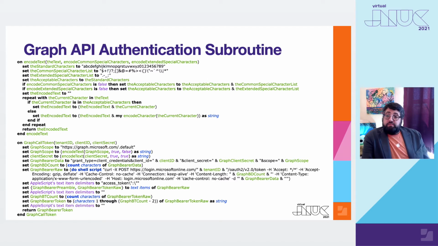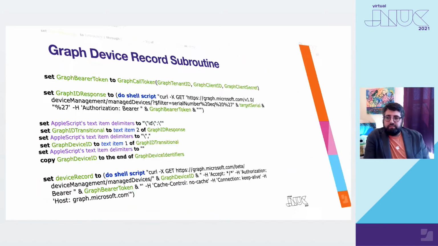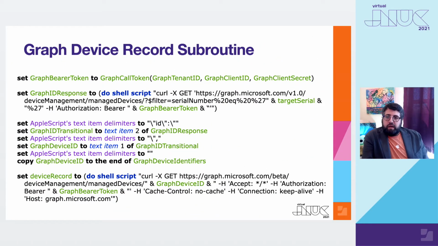So even though, again, this looks more complicated, at the end of the day, you're basically just getting this chunk of text, and it gives you that same freedom to do whatever you're allowed to under that account. Next up, here's a look at the device record subroutine that we were using to pull that specific device. We're grabbing that bearer token at the top there for our session that's calling that subroutine we just used, and is searching by serial number for that device to make sure that we get